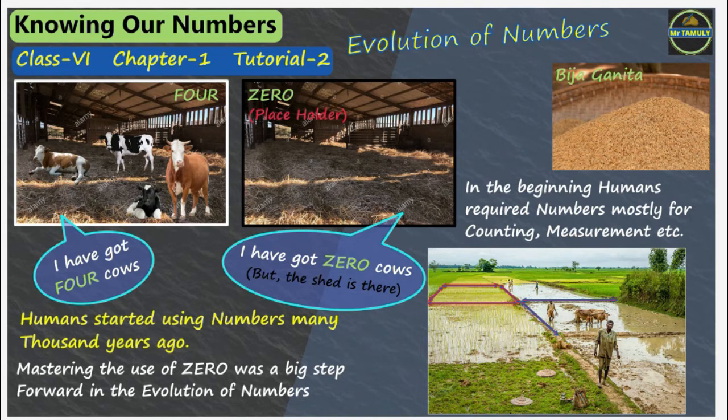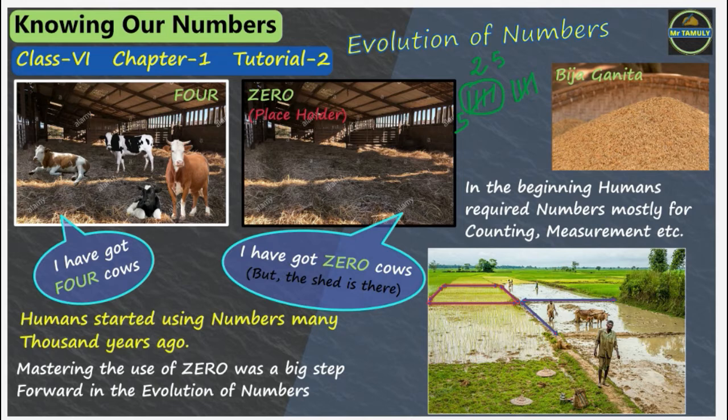Many centuries ago, our ancestors needed numbers to keep count of their cattle. To do this, initially they may have used some symbols. For example, if you have got 25 cows, you could use a symbol somewhat like this. Let me draw the symbol for you. This symbol with 5 lines, 1, 2, 3, 4 and 5, shall indicate 5 cows. For 25 cows, you can draw or write 5 such symbols to indicate the number of cows.